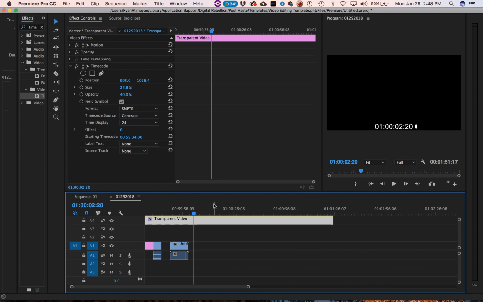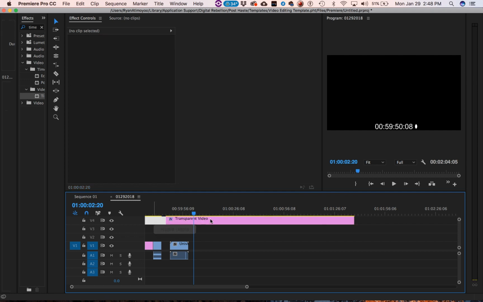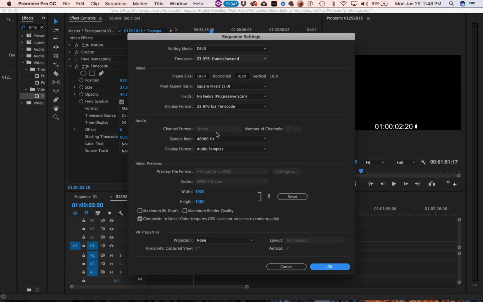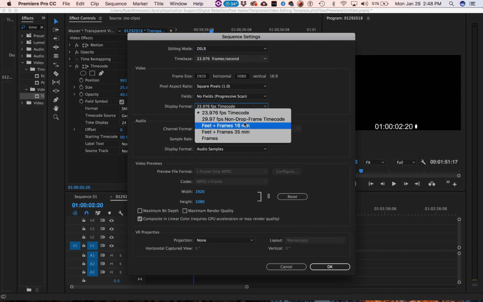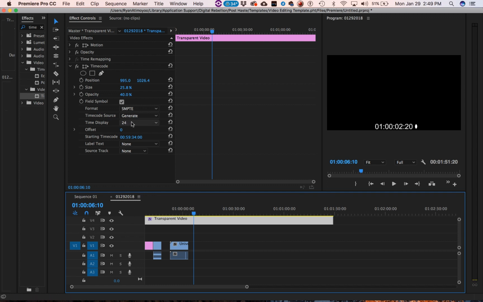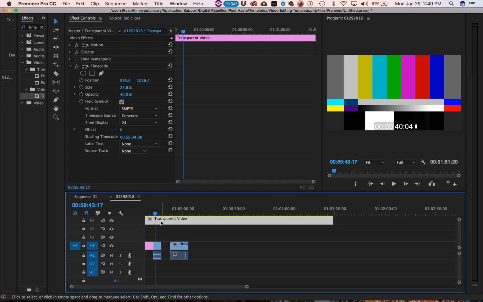And if these numbers don't match up, I imagine either something is wrong with the timing of your transparent video. Either you might have this offset, I'll put that back, or you might have your sequence set to something other than 24 frames per second. Right here. This is a very common student error. Also, make sure that your time display is set at 24 frames per second. All right. And that is basically how you set up the beginning